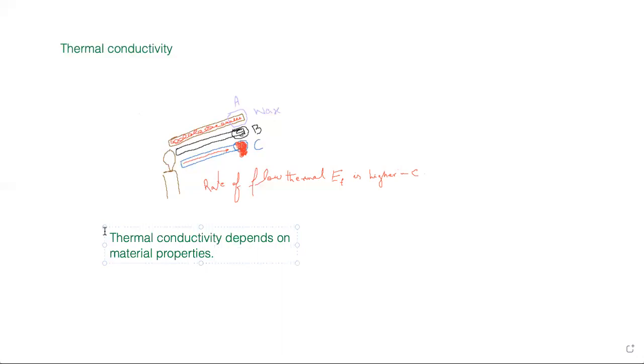Yes. So, for example, if we have metals, in metals usually the rate of flow of thermal energy is much higher compared to insulators. In metals, it is quite a bit higher. But in insulators, in principle, it is lower, quite a bit lower. Why? Because there the thermal energy conducts much slower.